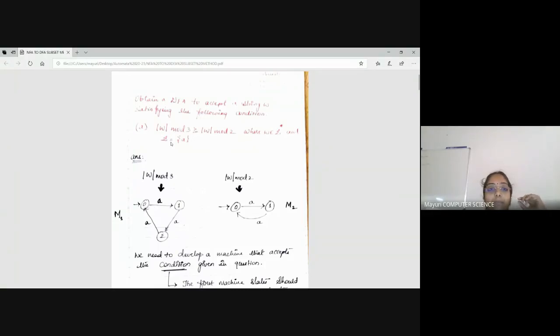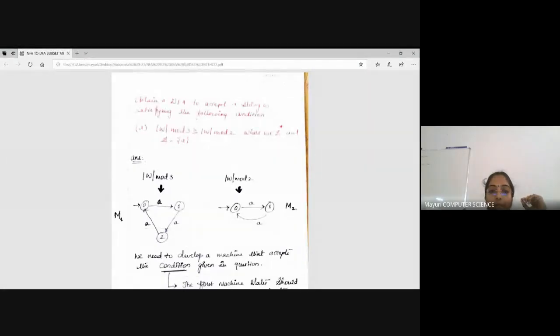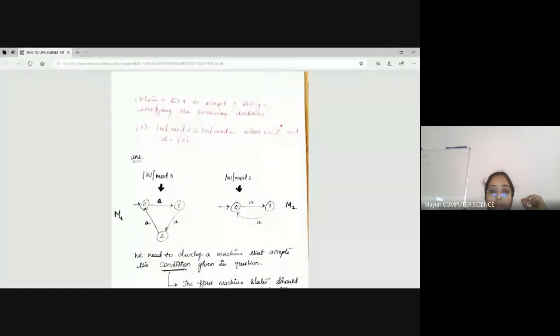And one more thing is that you have the set of all input alphabets, that is A. So this is about two different machines. I have taken one machine with mod length 3, and the next machine with the length of the string modulo divided by 2. But I haven't mentioned anything regarding the final state. The final state is with respect to the condition given here: the state in machine 1 should be either greater than or equal to the state in machine 2. That is the meaning actually.